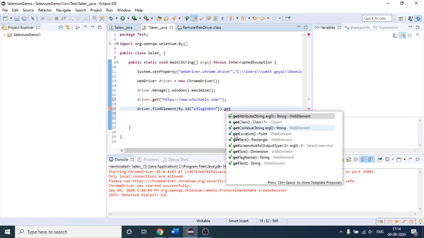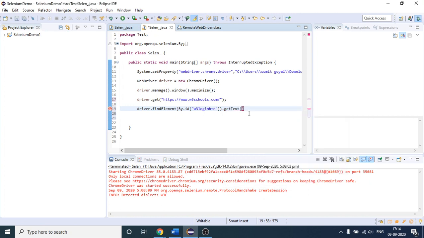I want to explain one more thing. You can see String is written after the getText method, which means whatever value it returns to you is of type string. So you have to catch that value in a variable of type string. This will return a string, and then I will put a semicolon. What I will do first is catch this login.